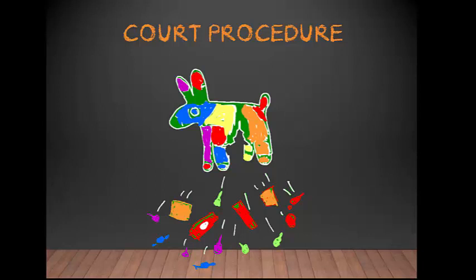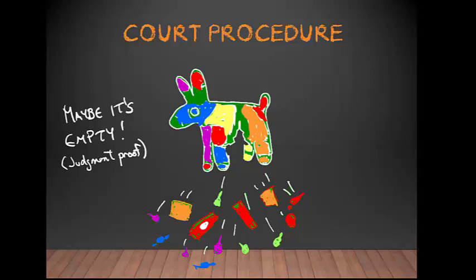But here's the problem. Sometimes the piñata is empty. There's no candy in it. No assets to go after. No bank accounts or property that can be used to pay the debt if you get a judgment against them. They're judgment proof. And worse,